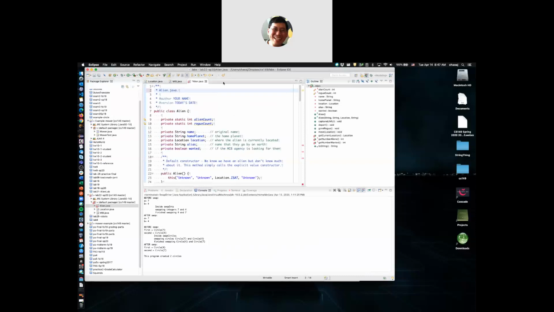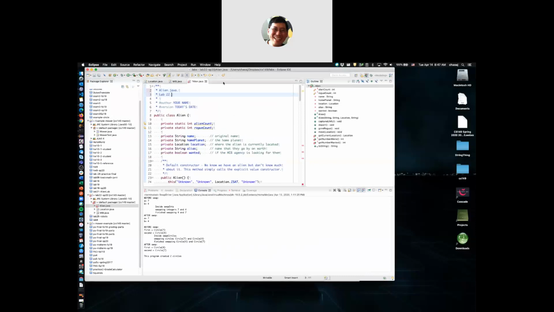Java Lab 22, simulate an alien detention center. All right. Then you want to put your name into here and today's date into the version